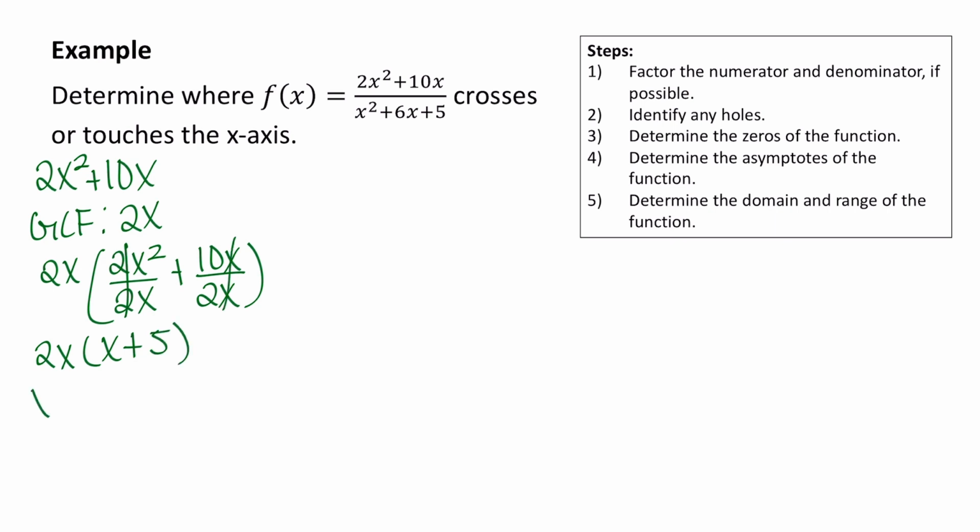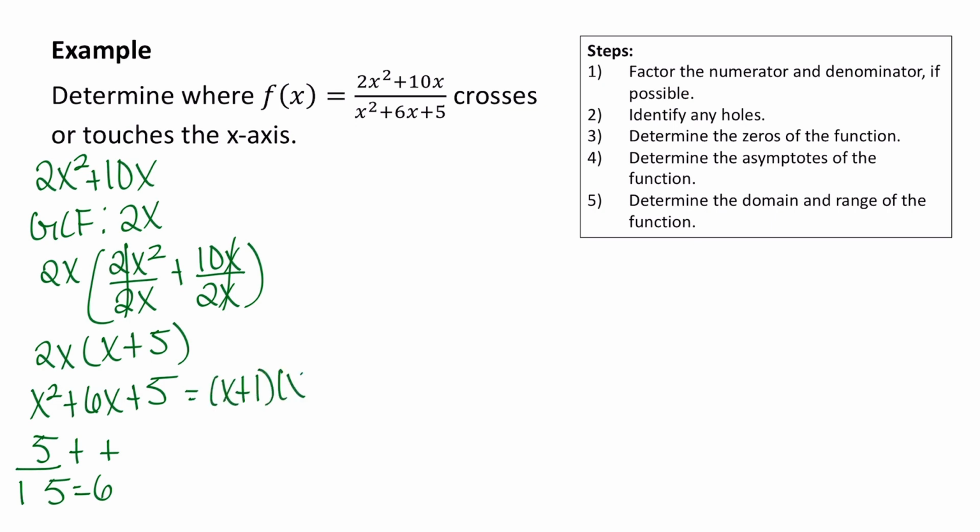Now let's factor the denominator. We have x squared plus 6x plus 5. So we need 2 factors of 5 that are going to add up to 6. Since 5 is positive and 6 is positive, we're going to have 2 positive factors. We are going to have 1 and 5, and 1 and 5 does add up to 6. So we have x plus 1 times x plus 5. So when we factor this, we have f of x equals 2x times x plus 5 over x plus 1